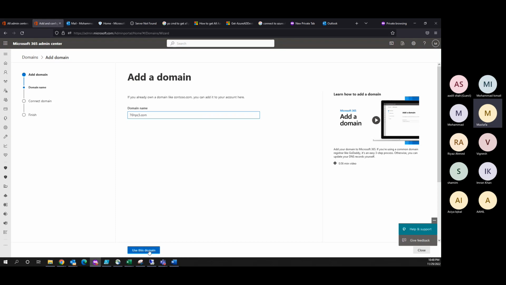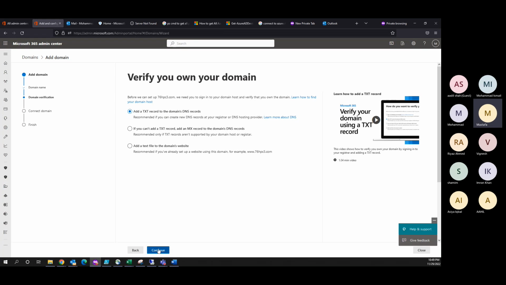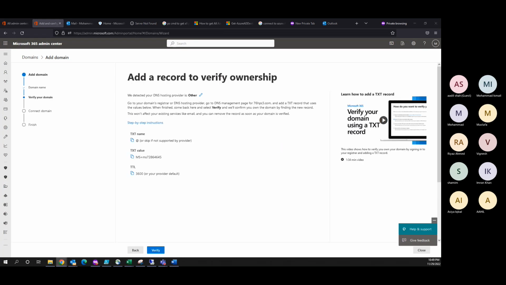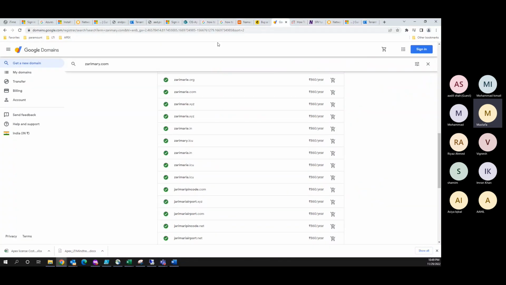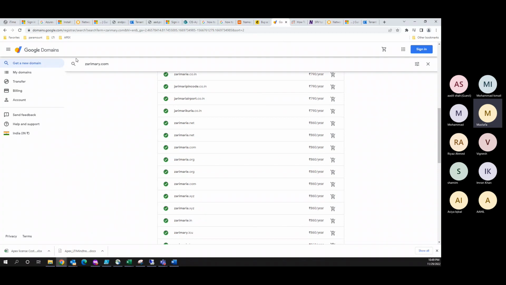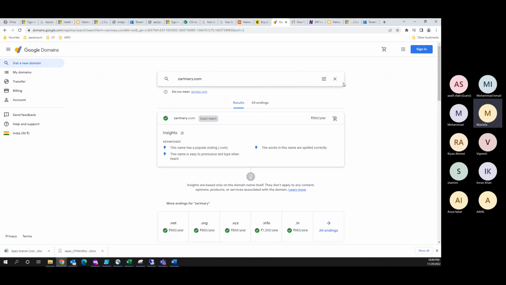So I will put 76hpc3.com. But again, I have not registered this domain, so I won't be able to register this domain here. So how to register a domain? To register a domain, if I go to GoDaddy, or this is the Google domain, Google is also providing domain services. And if I say